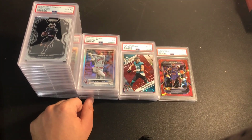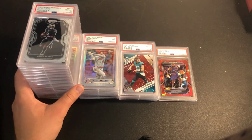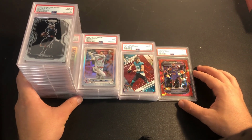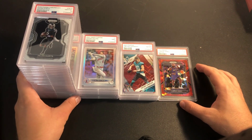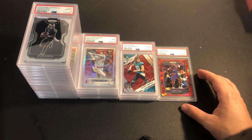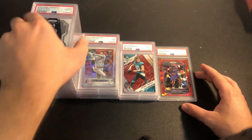Anyway, that's a 35 card order. Good gem rate. I think it was about a 66% gem rate, which is honestly about what I expected. Historically, I've been able to get in the 70 to 80 range, but with the bigger risks that I took, I'm okay with 66%. I'll still be able to make good money on this order, hopefully sell through a lot